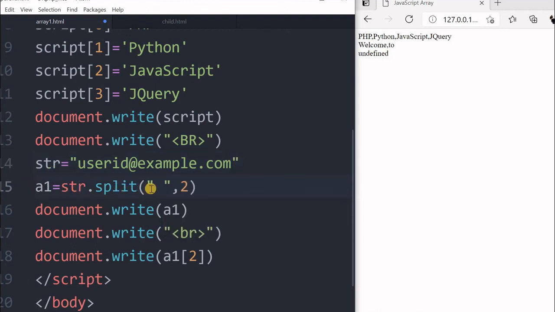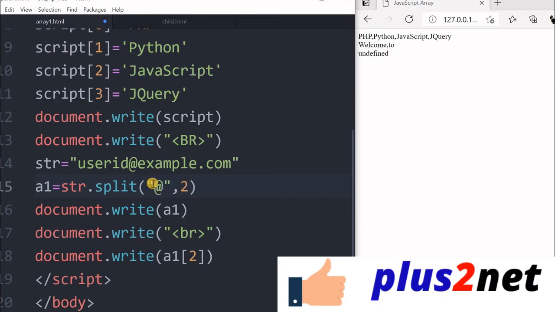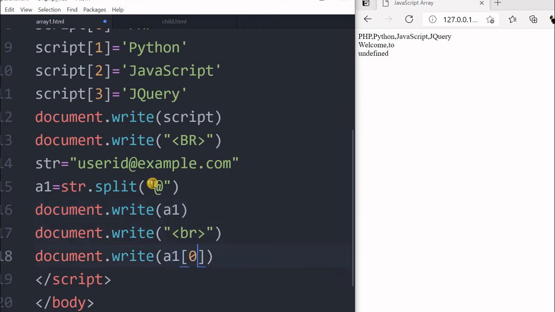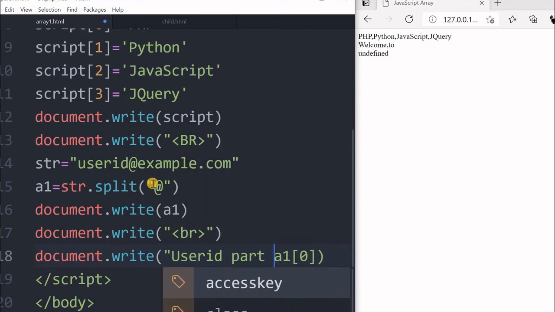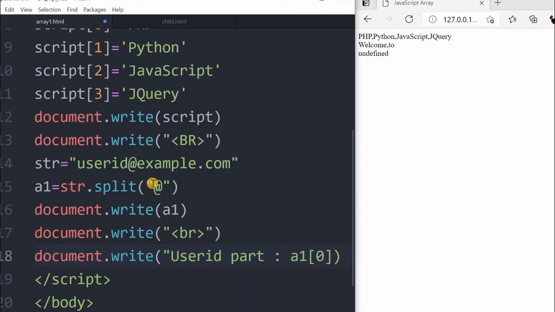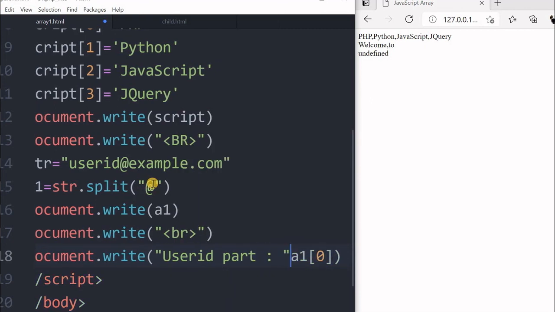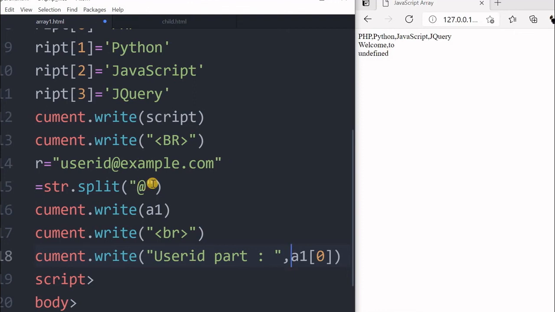Here I'll be using @ for splitting it, and this limit I'll remove. Now document.write(a1) will print both the elements. Now let me print the 0 element. I'll say user ID part is this. I'm just giving an indication.